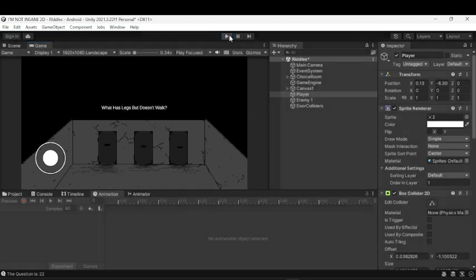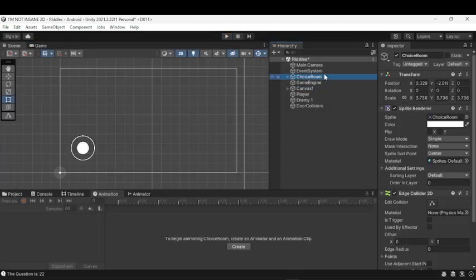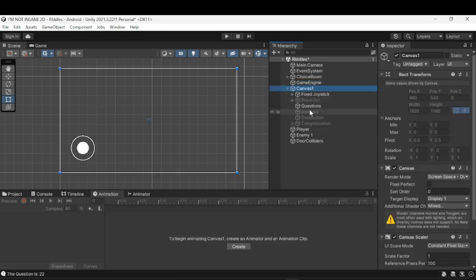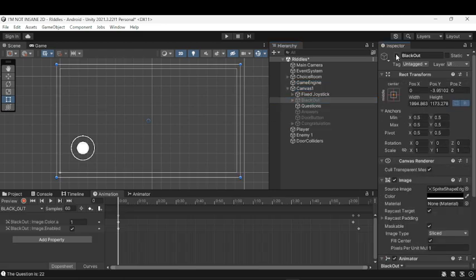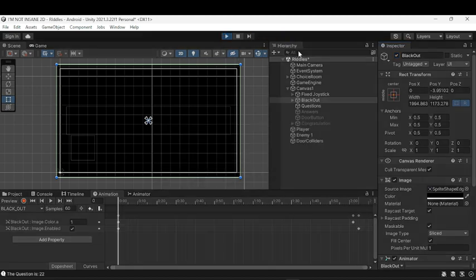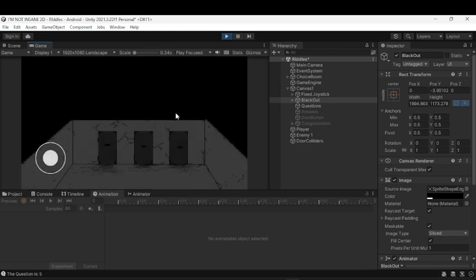Oh wait, I did not enable the blackout. It is disabled. Now we enable it. Here you go. It will black out and the question will show, which becomes longer after you add two letters to it. Of course, I can now add the player movement in here, which he can also already move,